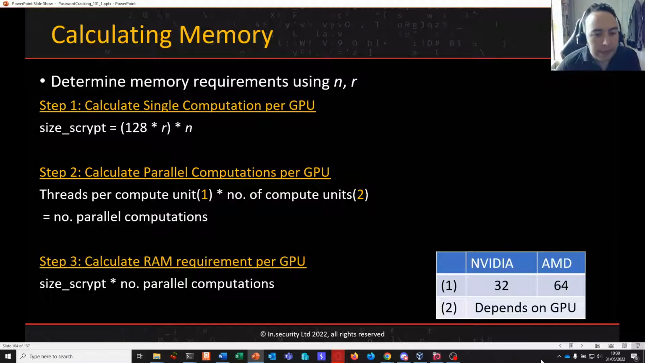Then we need to work out how many parallel computations we're going to spawn, because the beauty of graphics cards is we can spin up loads of these shader cores and other things that allow us to run things in parallel and get all of the horsepower that these GPUs can provide. To do that, we need to work out the number of threads per compute unit, which is dependent on your architecture, and then the number of compute units as well. You can see here in the bottom right we've got an NVIDIA and an AMD box, which gives us these required figures, and we'll look at that in situ in a second. The last thing is to multiply them together, and you get the amount of RAM required on your GPU